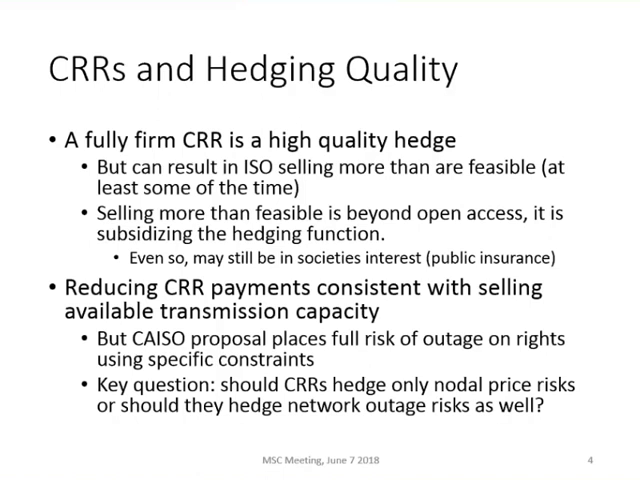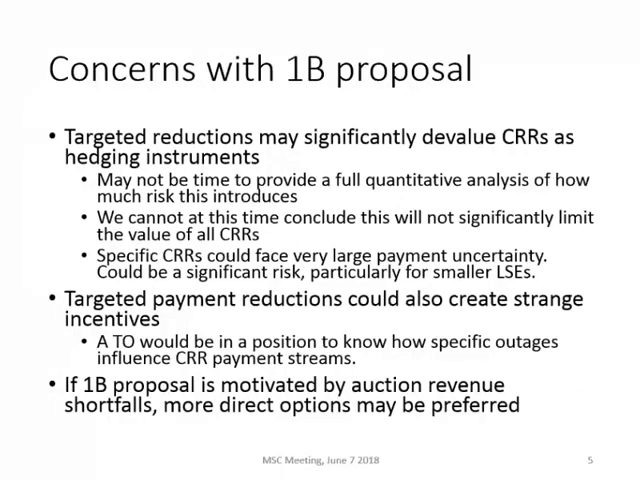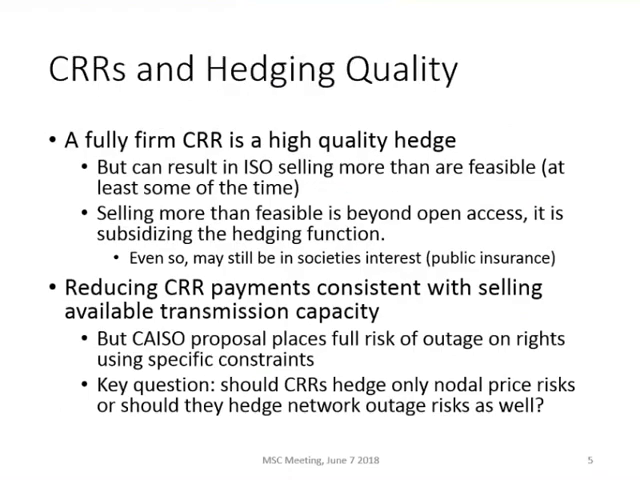Should it be only against the nodal price fluctuations on the network as it exists at a given moment in time, or should it be something beyond that, where we're actually trying to share the risk of outages in the network itself amongst users of the network and people who need to hedge those risks as well? And so that leads us to our concerns with the 1B proposal, that it basically falls on the former side of this,